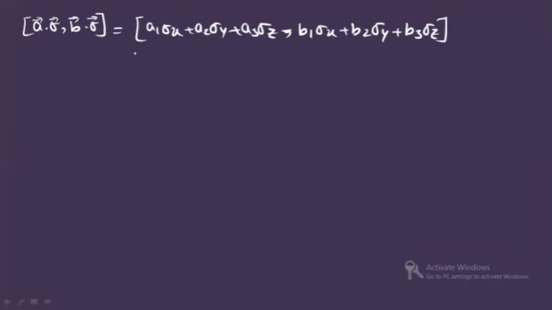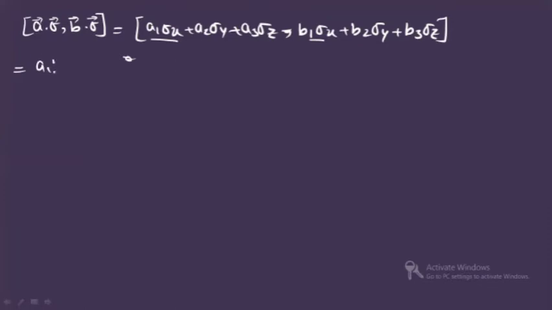Clear? So just as in normal terms, you have to multiply each term with all the others. So if you do so, when you multiply A1 σx and B1 σx,